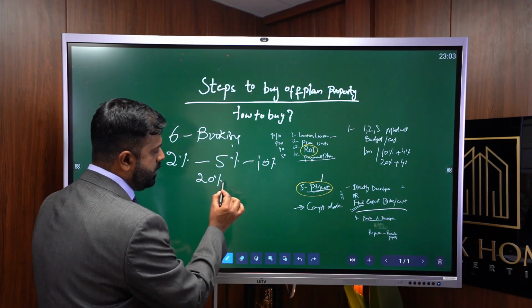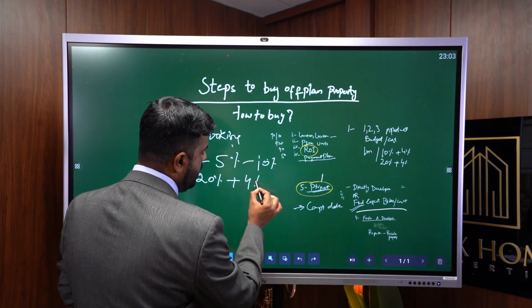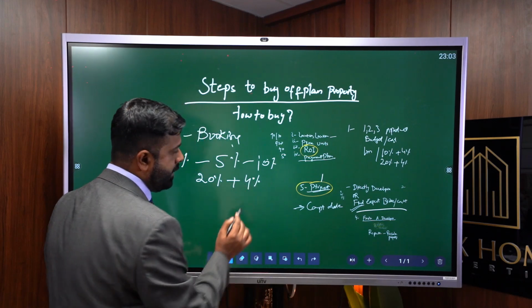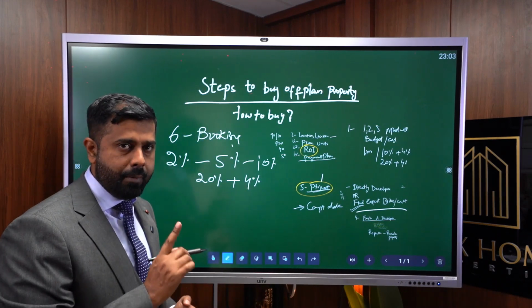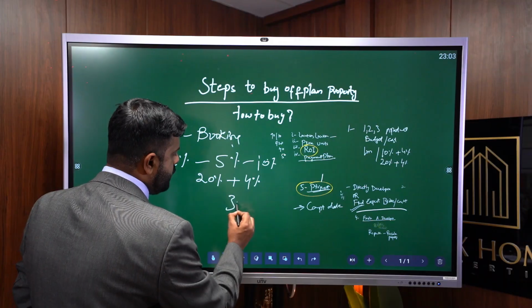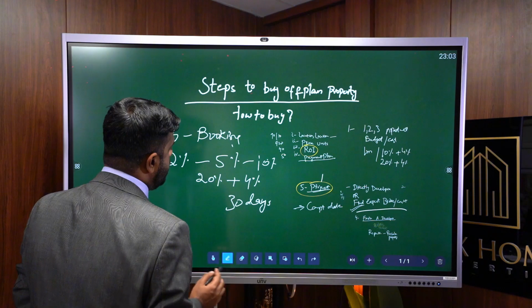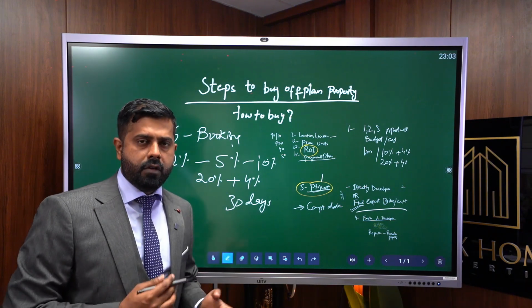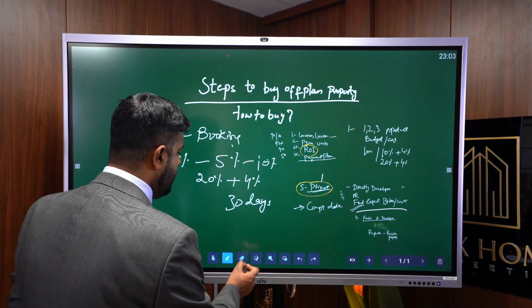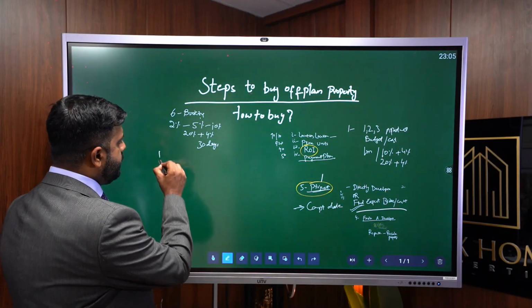20% down payment plus 4% DLD fees, Dubai Land Department registration fees, only one time in the beginning. So normally, the developer gives 30 days to complete the total payment of 20% and 4% DLD. Okay. So we require the documents for the booking: